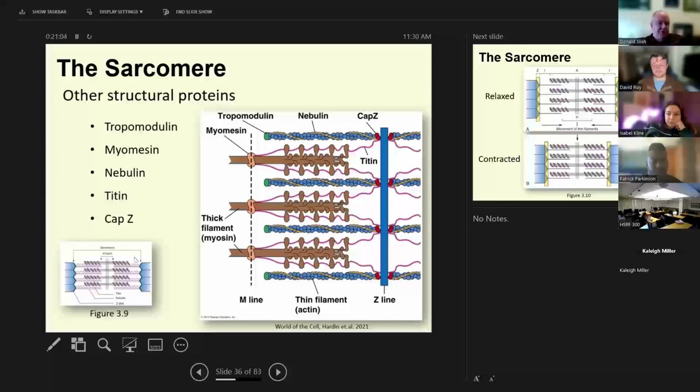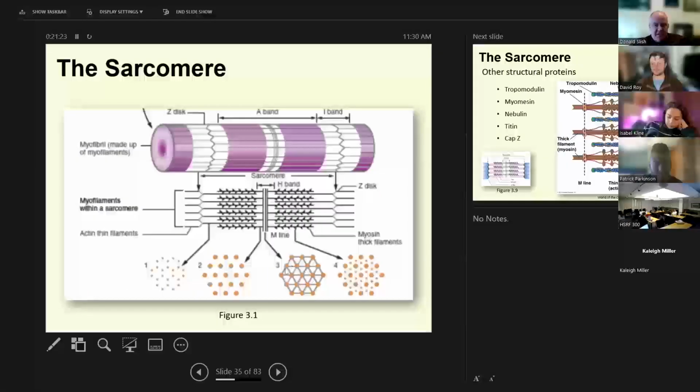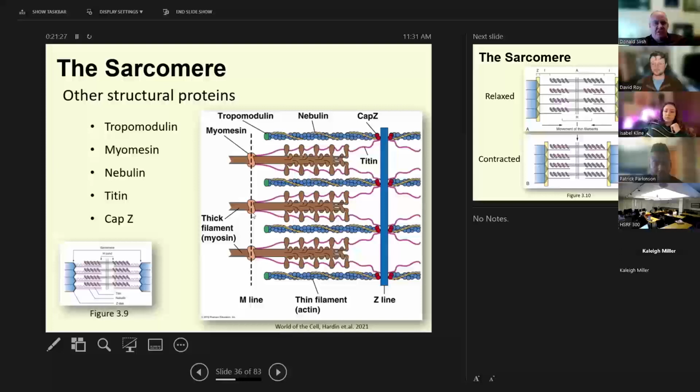So this is the picture from your book, which leaves out some things. I like this better. It comes from my other book, A World of the Cell. So anyway, here's your thick filament, and you've got your myosin cross bridges sticking out. You've got myomesin in the center that's holding thick filaments together. And that's what I said here in that M line, you've got extra proteins. That's your myomesin holding the thick filaments together. You've got your tropomodulin and your CapZ stabilizing that microfilament. These yellow lines are the